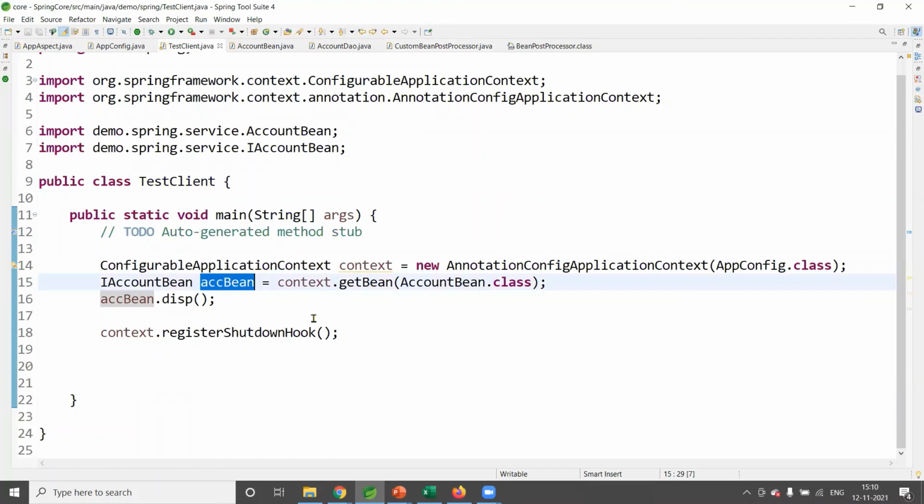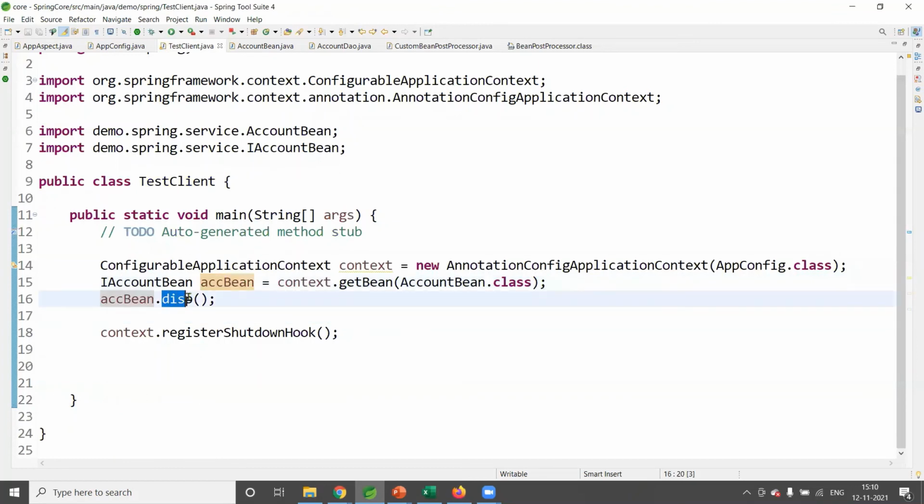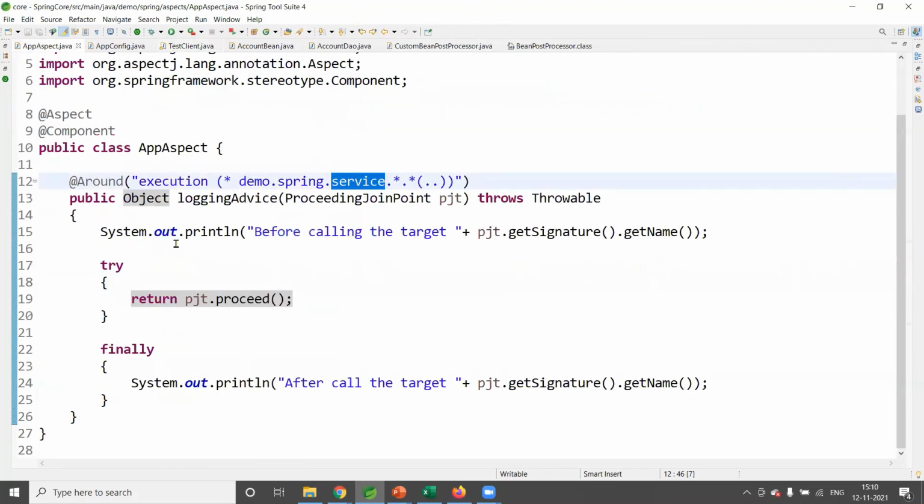If that returned bean is a proxy object, for example, in our case AccountBean is a proxy object, because inside the aspect we have mentioned demo.spring.service, so all the classes under this package have to be proxied. If it is a proxy object and we call a method called display on it, then it will go through this advice.